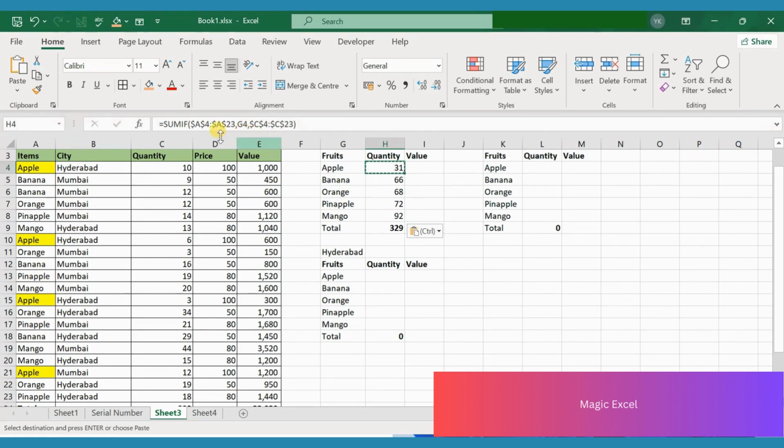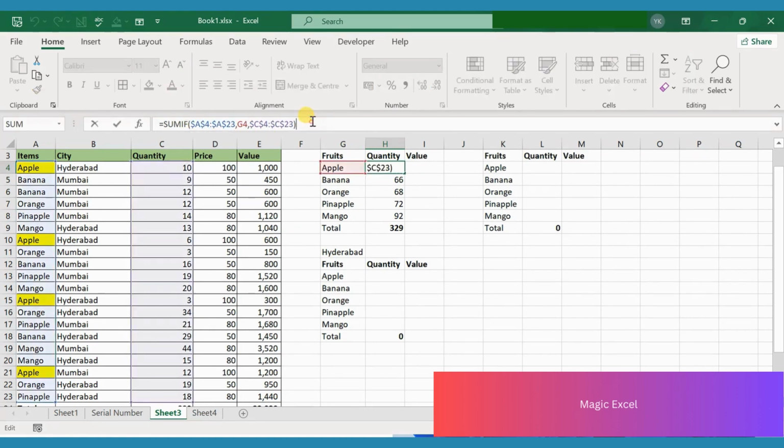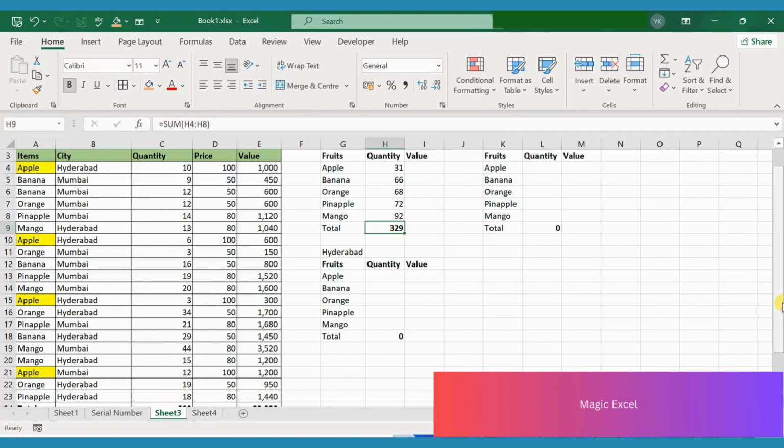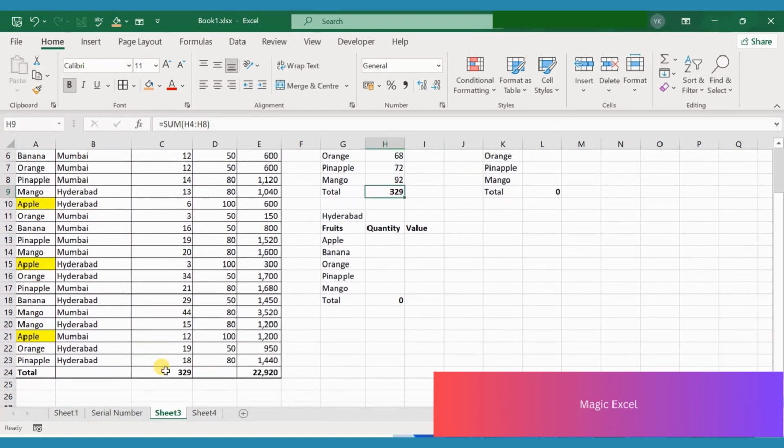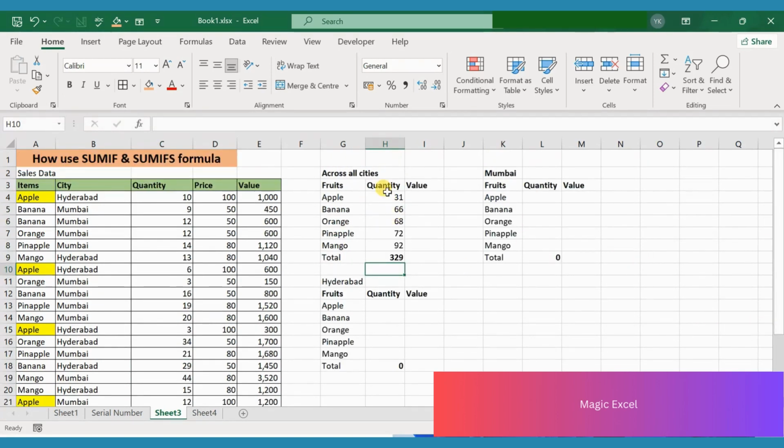Now, as I have showed you, it started from A4 and C4. Now, when we come to banana, again started from A4 and C4, orange, A4, C4, like this. And for confirmation, you just check the totals. 329 here, 329 here. All right. So perfectly, we have done our conditional sums, which is called sumif,